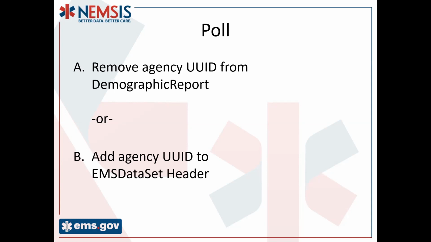All right, so I guess the question is the purpose of putting it into the EMS data header for matching against what we see in the demographic report? And if we're not going to be using that, are we going to continue using the same type of matching that we've been using up to this point when trying to match in the EMS data sets? Yeah, that's right. That's what we're looking at here. Okay, thanks for the clarity.